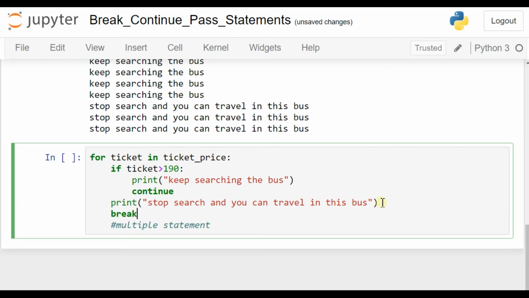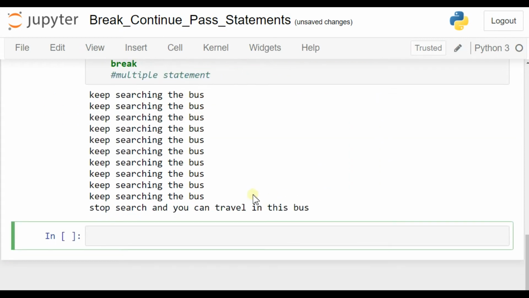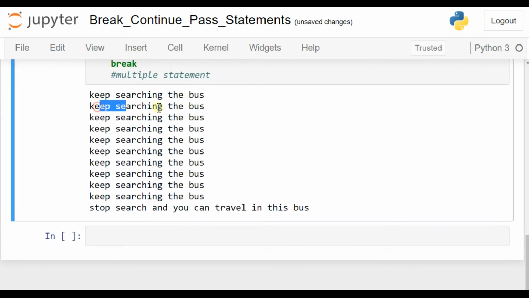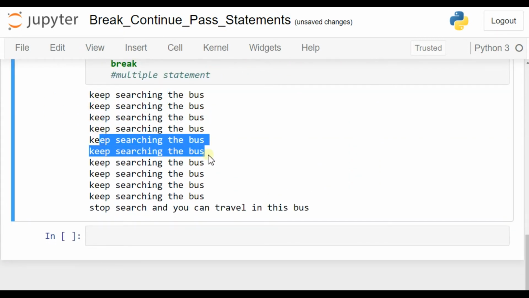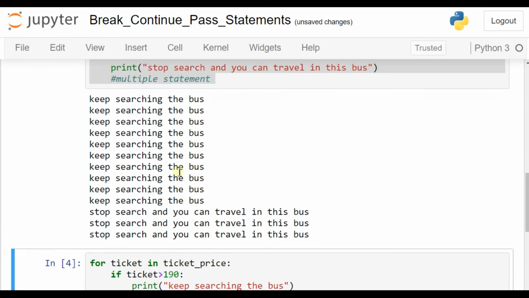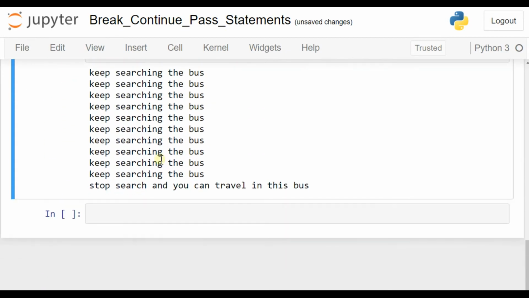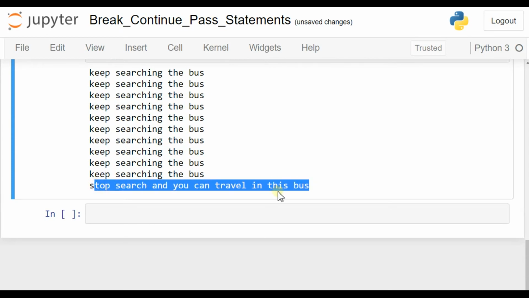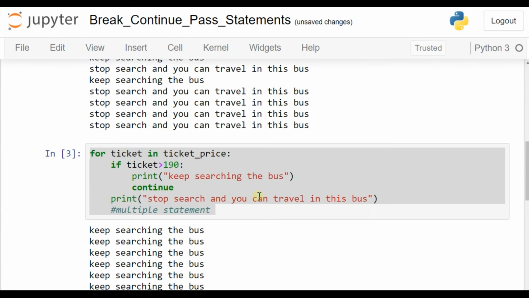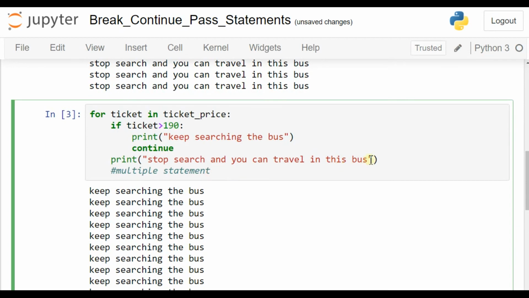The continue statement goes back, control goes back to the loop. Okay, just remember, see, here it is, keep searching the bus, and when the price is 180, it will stop the search. Okay, in this scenario, let me add here,